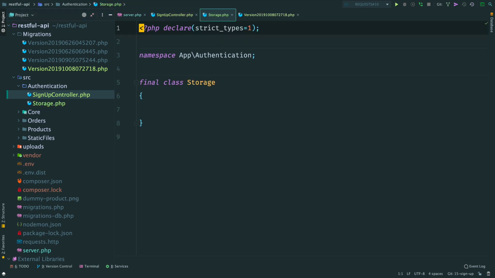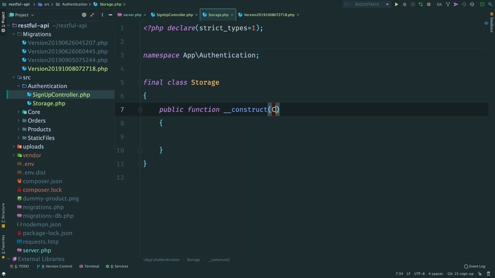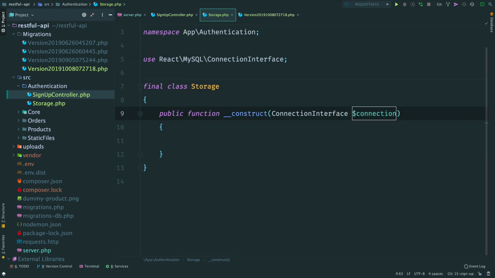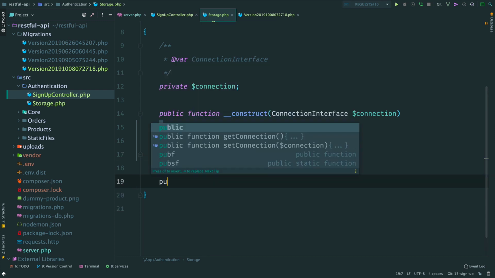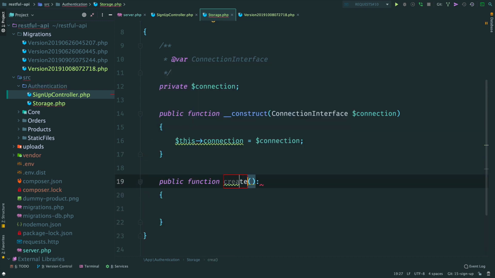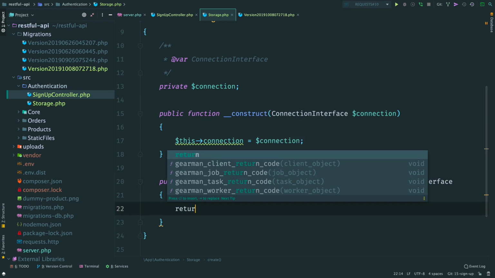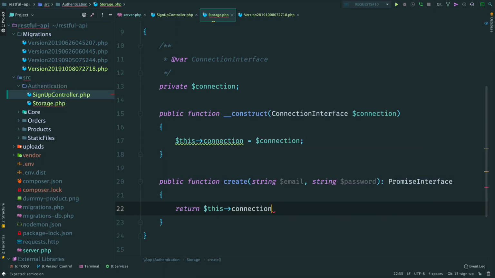We need a storage to save users in the database. Let's create it. In the constructor, we inject a connection to the database. Add method create. It accepts email and password and returns a promise. Inside we make an insert query.